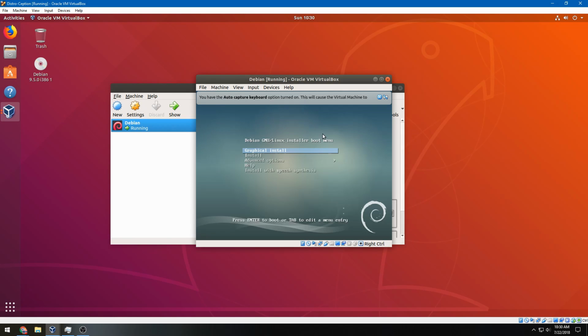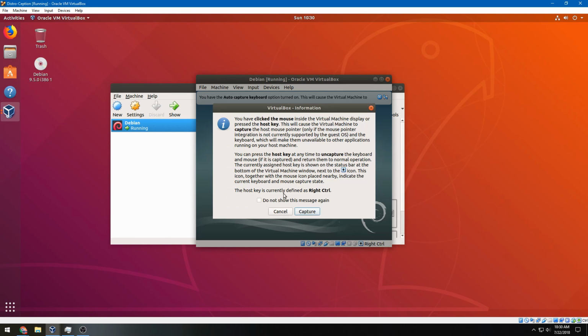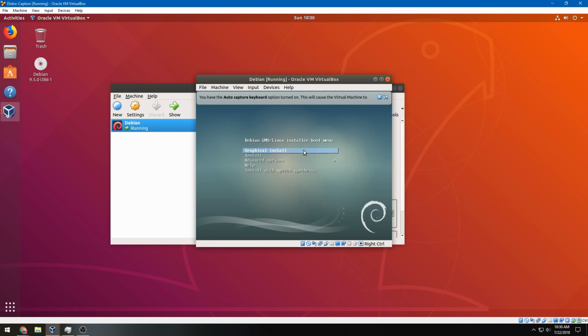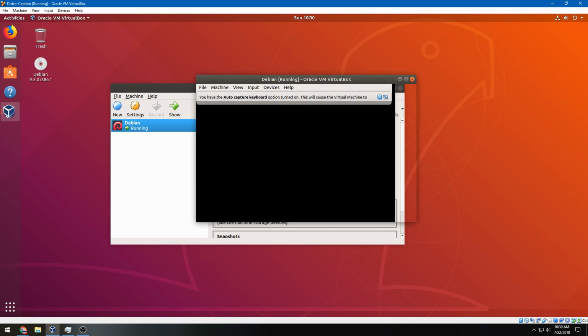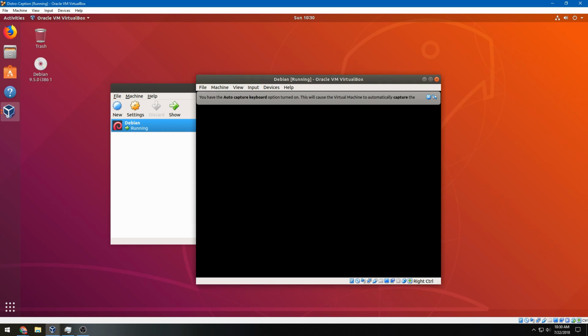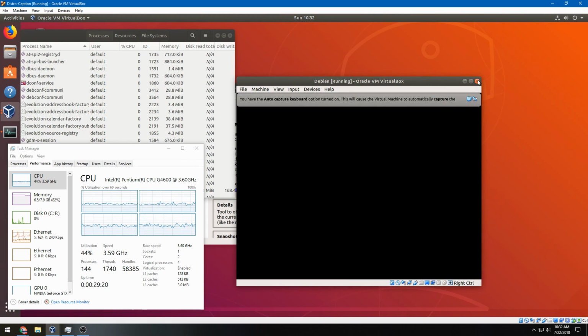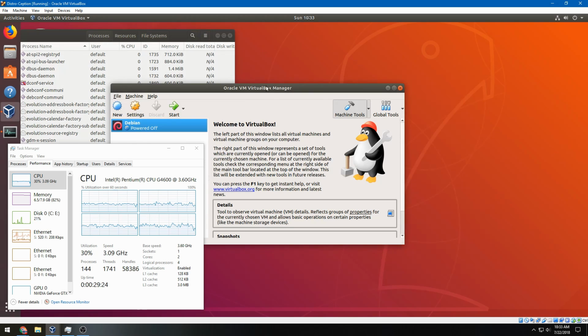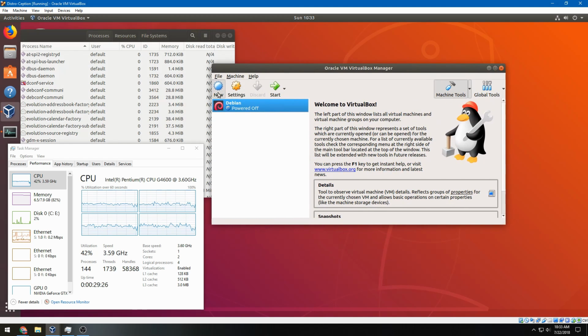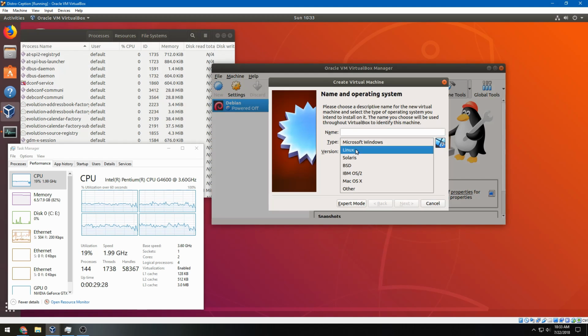Cancel. I don't want to capture this. Graphical install. Do you want it for Debian? Graphical. I think I have to capture. I'm gonna graphical install Debian. Hopefully the installer works. I'm going to install Linux Mint instead of Debian, because Debian obviously does not seem to work for me. Maybe it's because I have a bad